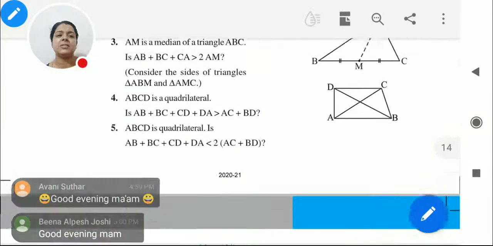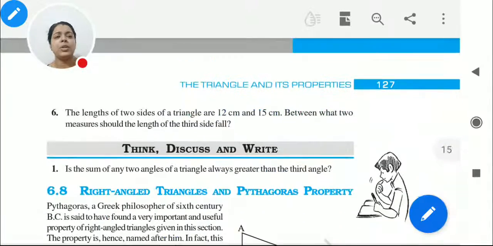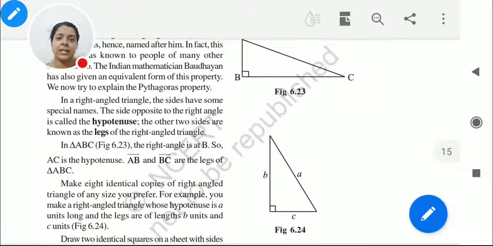And today we will start with a new chapter. As you know, exercise 6.4 is over now. In 6.4, we were talking about the angles and sides of a triangle. So we got to know all about it, and I hope you have no doubt at all. Today, we are going to start with exercise 6.5. It's of class 7, and it is again related to triangles, their sizes, shapes